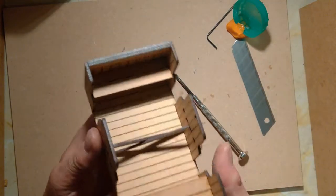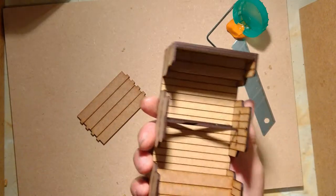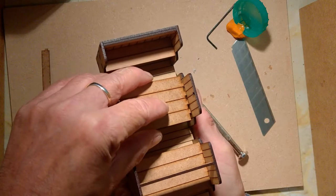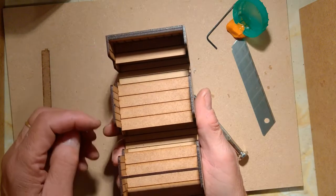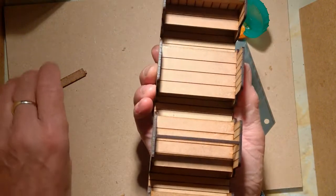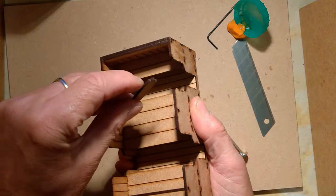Now we can move on to the final one. So again, centre seat and centre backrest. Load him in, gently push down, and you clip in. Hold it between your thumb and fingers, hold it fairly tightly, and we do the same now with the top one, or the backrest,